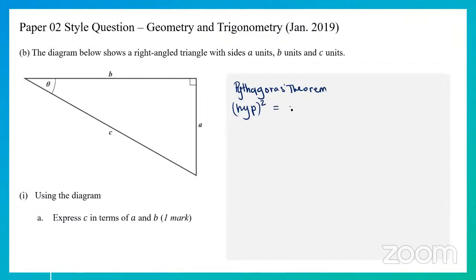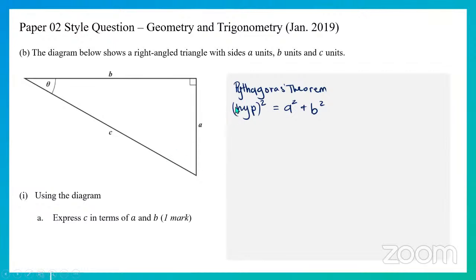Here I'm just going to name them A and B. So side A squared plus side B squared. All right, so relating this information to Pythagoras' theorem,